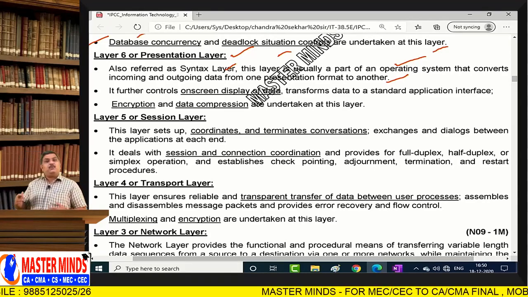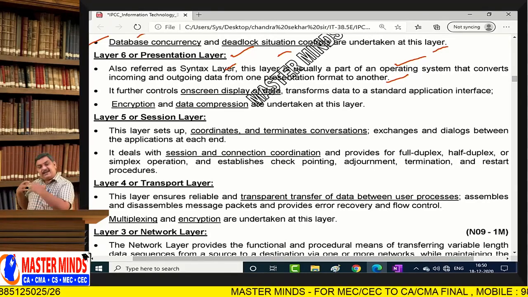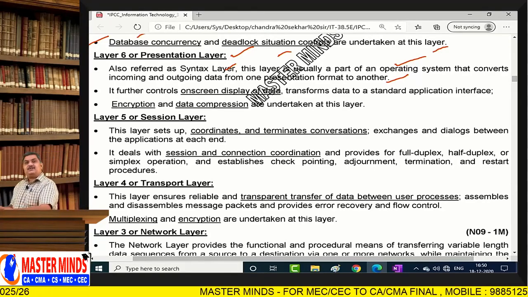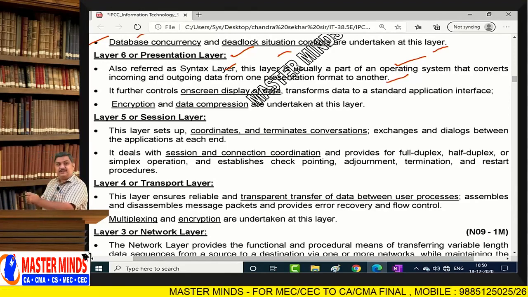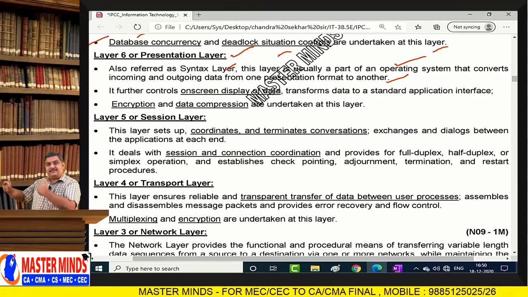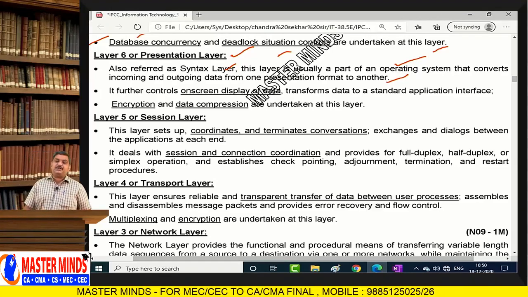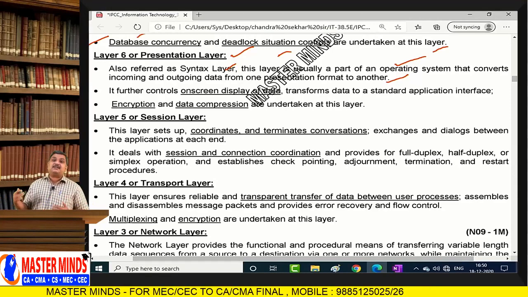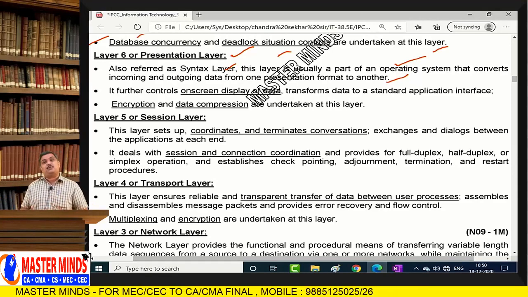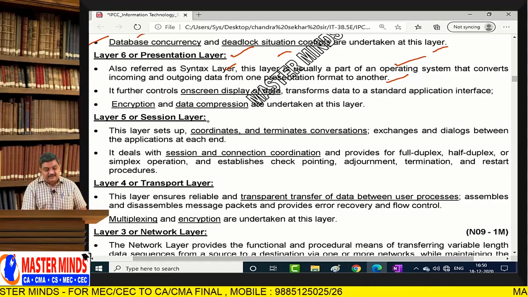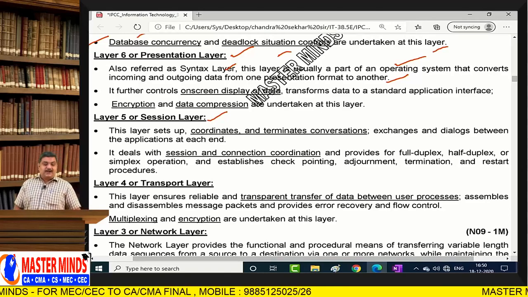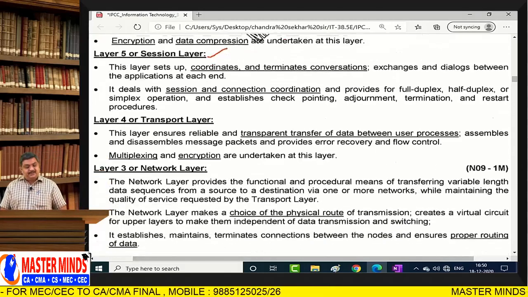So likewise, when I want to communicate with my friend, when I want to send some message to my friend, first of all I have to establish a session. Session means the duration within which I can communicate. So a session has to be established. And that session establishment work will be done by some other protocols. So that work is called session layer work. And after that, the transport layer.